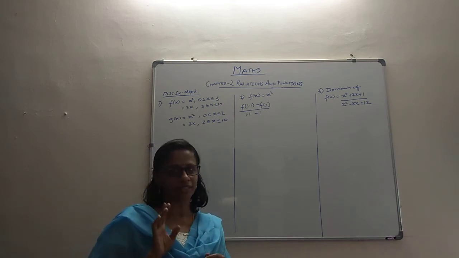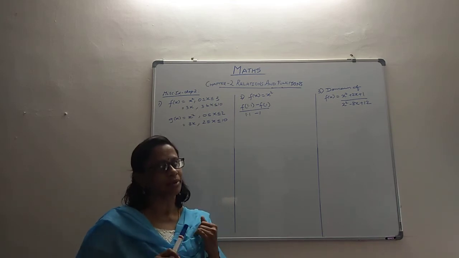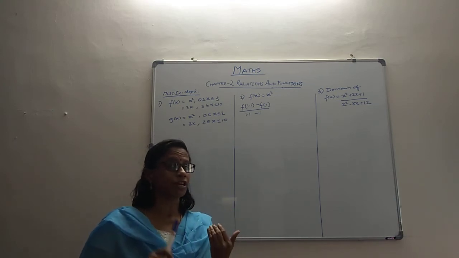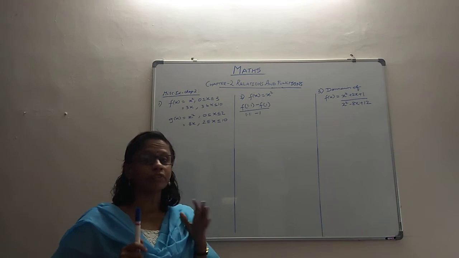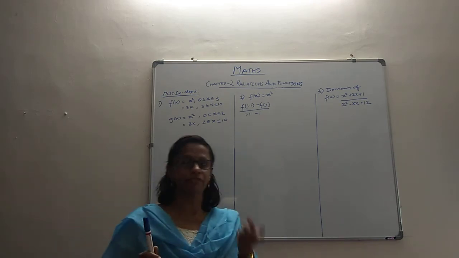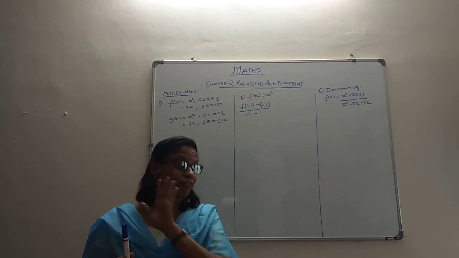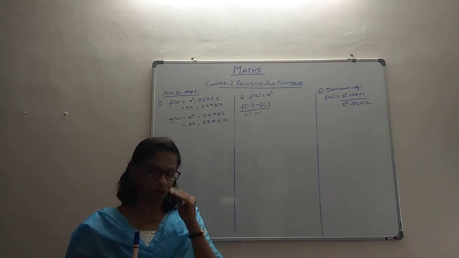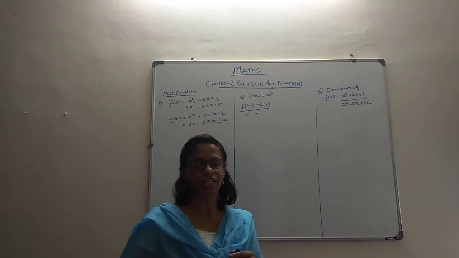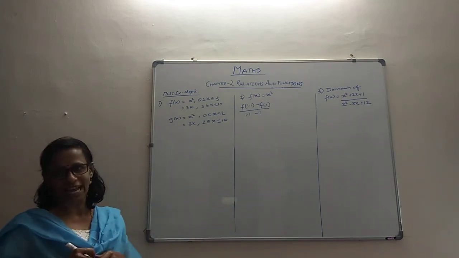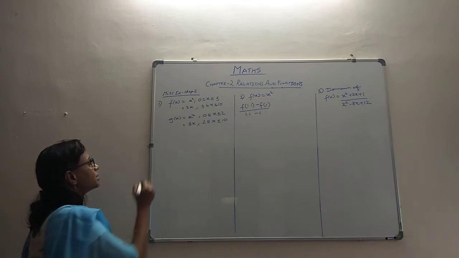We have learnt earlier that a particular relation can be a function only if a certain pre-image will not have two images. None of the pre-images can have two images. If at all a pre-image has got two images, then that is a reason enough for the relation to not become a function. So that we will be seeing over here. We can literally substitute and see how the values will come out.